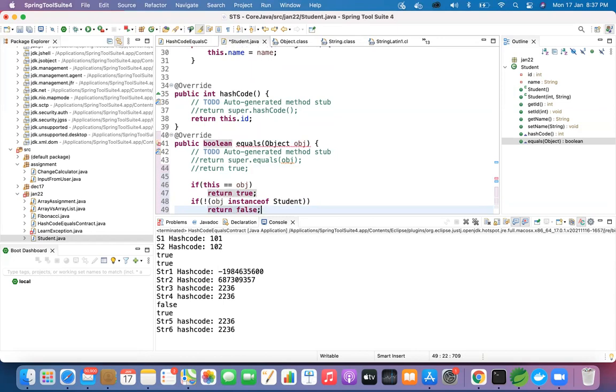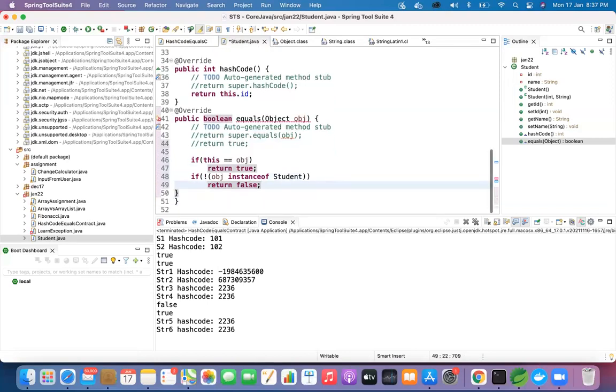Now, every time you get an object, that is only obj, the Object class, the topmost class. But we need to compare the Student class. So what we are going to do is typecast to your Student object, after line number 48. Do we need an else part? No else part, only these two. And whatever final result you achieve will be the return statement. So before giving a return, just typecast to your Student object.